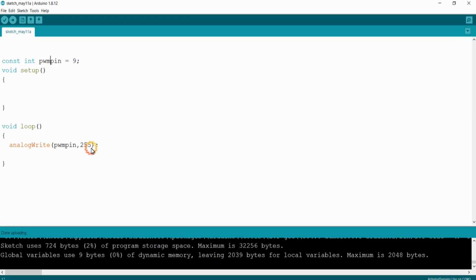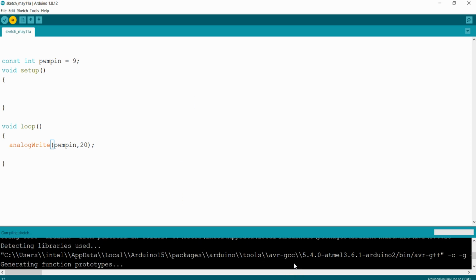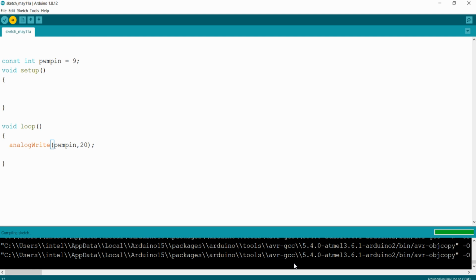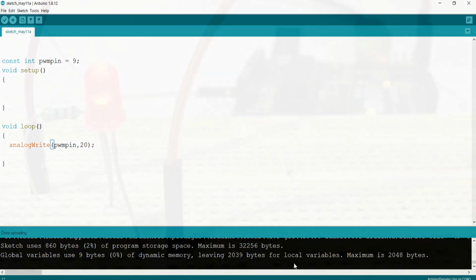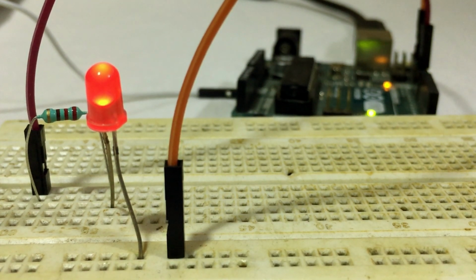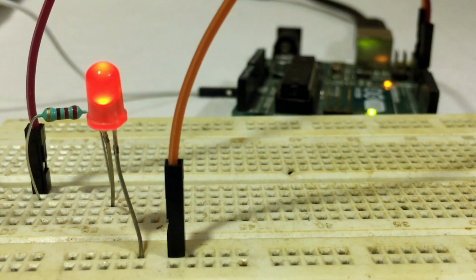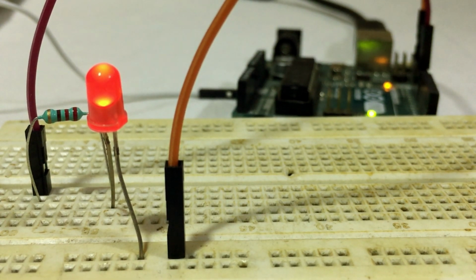Now when I change the value to a minimum value, let's take the value to be 20, I am again uploading the sketch. Now you can see the LED connected to digital pin 9 is lighted up with minimum brightness, or it is almost turned off.